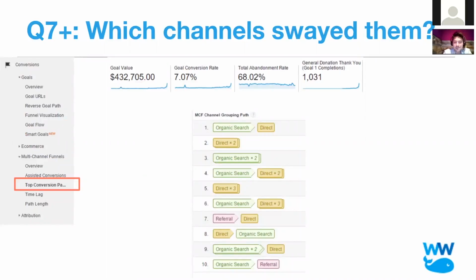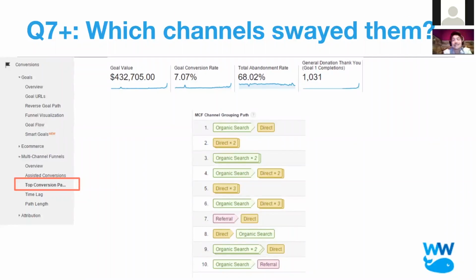We can refine this question, though, coming back to our last one about assisted conversions and look at top conversion paths. So these are top conversion paths of how people in the past 90-day rolling window actually got toward our donation. So in this case, we still have the top level data the same, but we can tell this narrative now that most people are doing some organic search. So if this were Power Poetry, they'd be saying, all right, how do I write an ode poem? And then they go get some information. And then later they come back on direct traffic, meaning that they learned how to write an ode